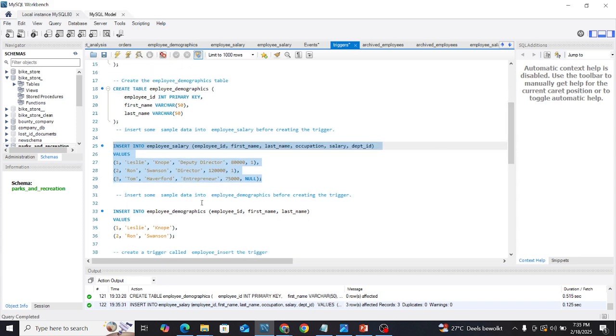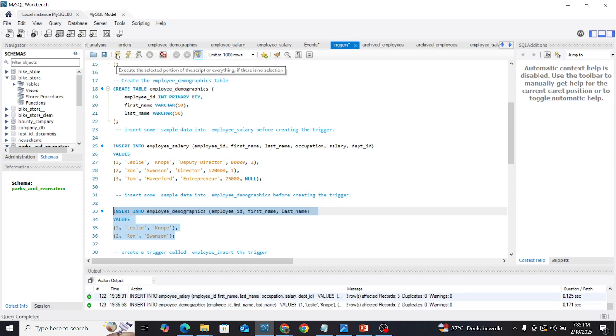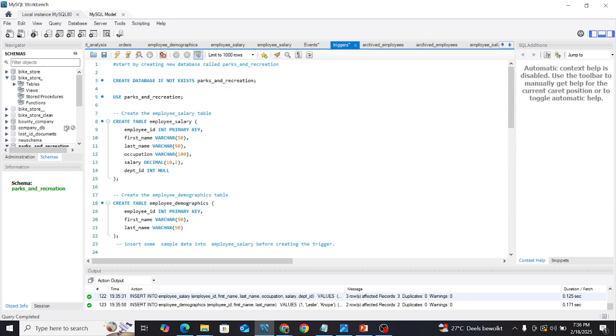Let's also add some sample data for the employee demographics. Let's do an insert again here. Good. I think that is it. So let's check if we have the data in this table. I think we can do that by,